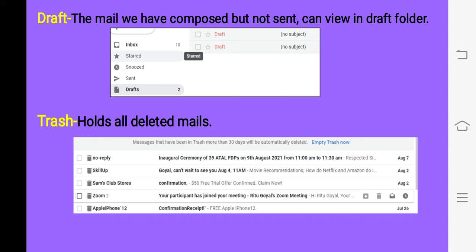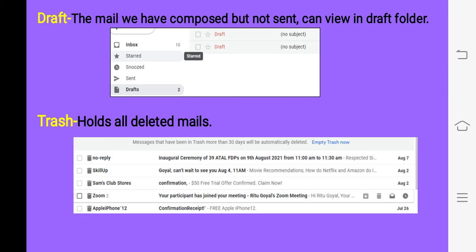Trash. It holds all the deleted mails from our mailbox. Whenever we delete any mail, children, it first goes to the trash. In trash, what happens is that automatically after 30 days, the trash will be cleared.